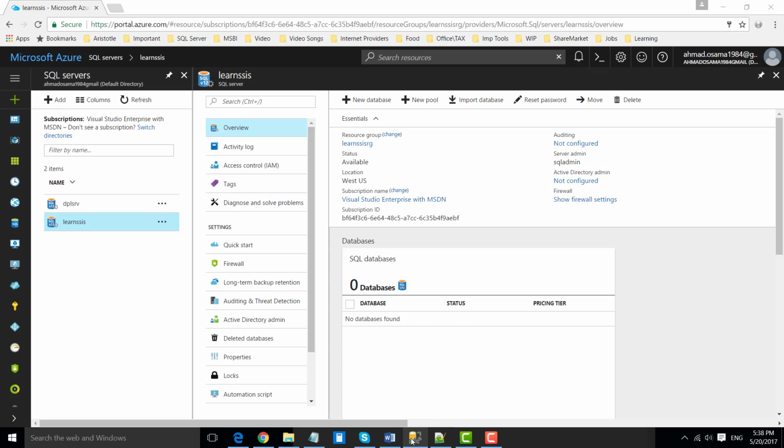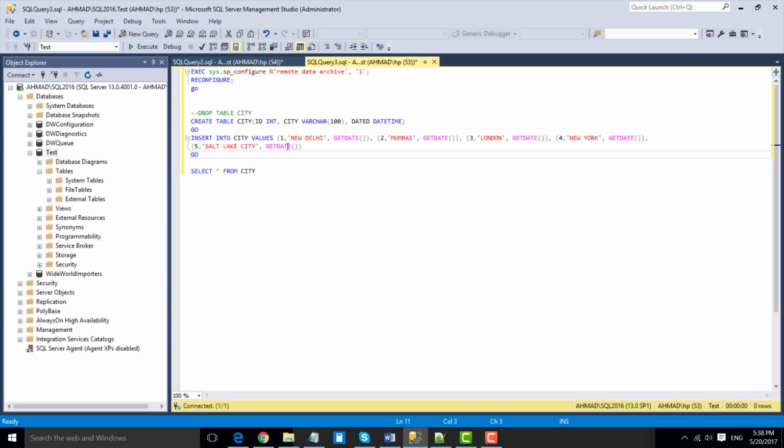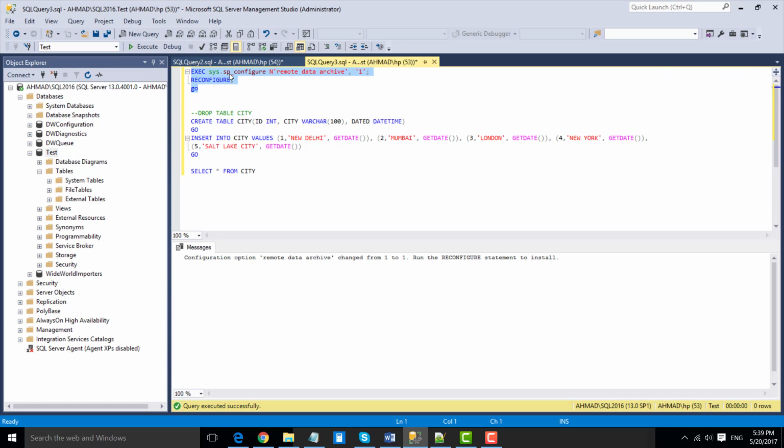Alright, so let's go to SQL Server 2016. This is SQL Server 2016 and this is Management Studio. To enable the Stretch Database feature on our SQL Server 2016, execute this particular query: sys.sp_configure 'remote data archive', 1. Once you have run this query, then you can enable the Stretch Database feature on our SQL Server